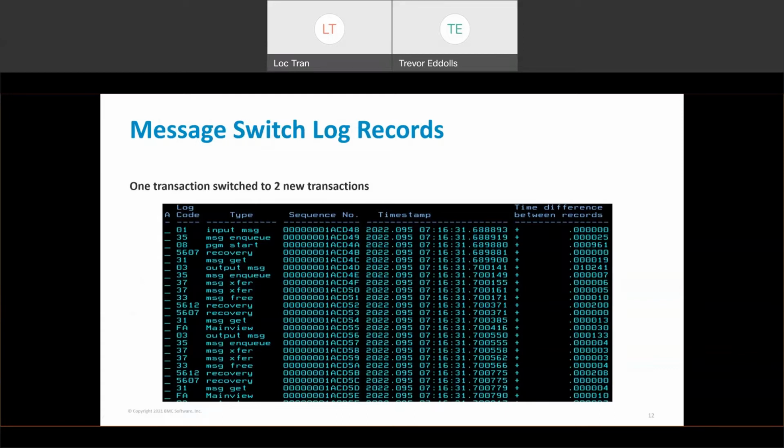And then the message NQ, as you can see here, just like you saw before it, and then the preparation for the end of this original message, right? And then 33 to delete, 33 here to delete that 01. Okay, and going through a recovery, the two-phase commit, and then this 31 is probably